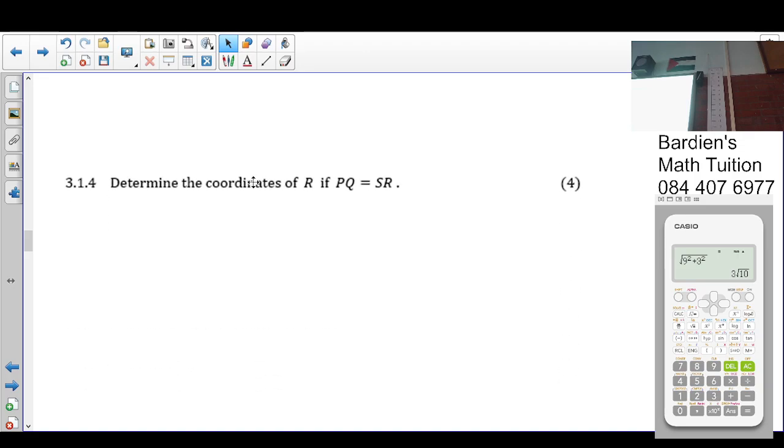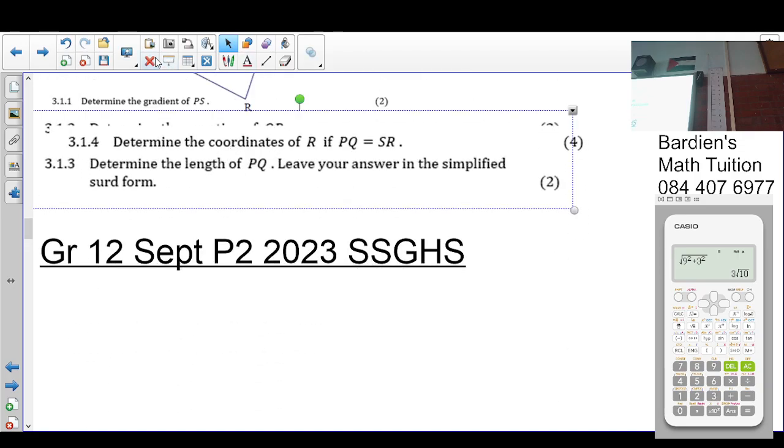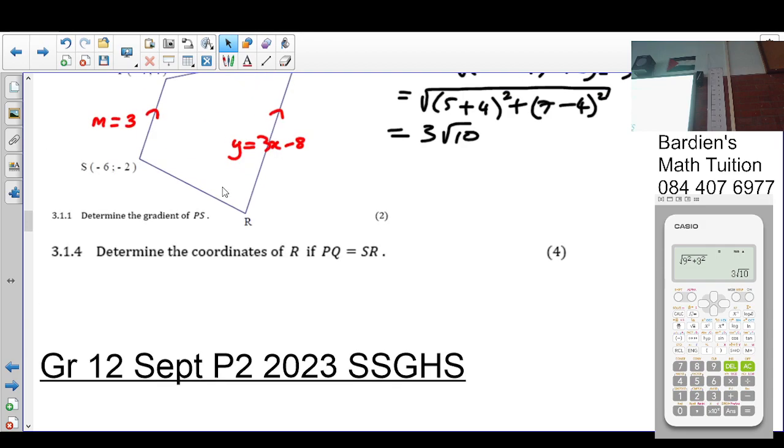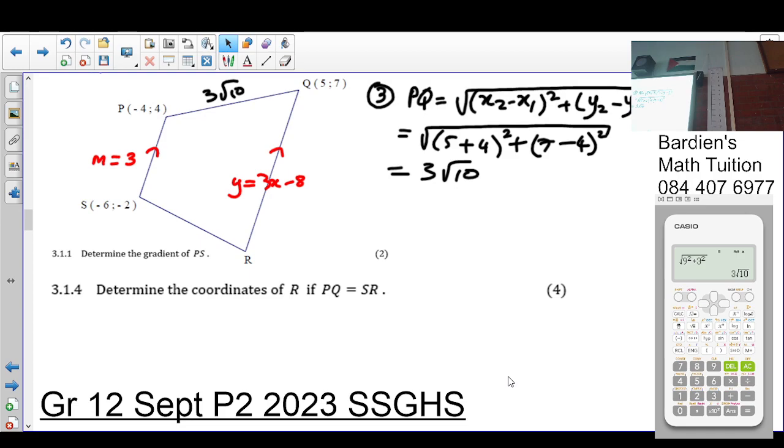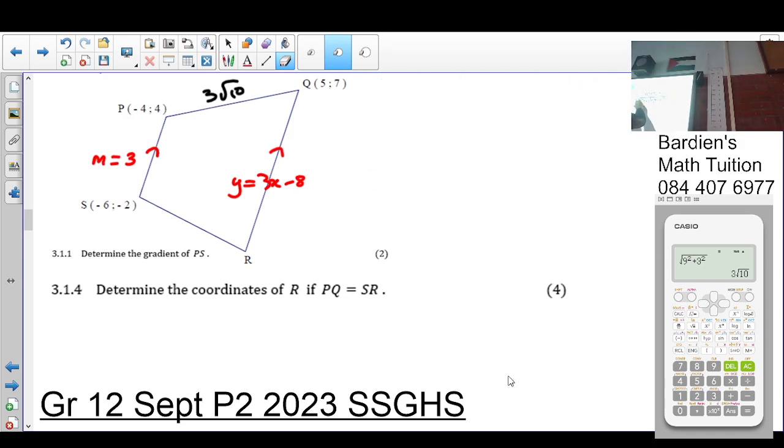So the question says determine the coordinates of R, if PQ is equal to QS. Okay, now just to note something at this point. If PQ is equal to SR, sorry, PQ is equal to SR, if that is the case, R has to have a y value less than negative 2. The reason for that is if it's greater than negative 2,